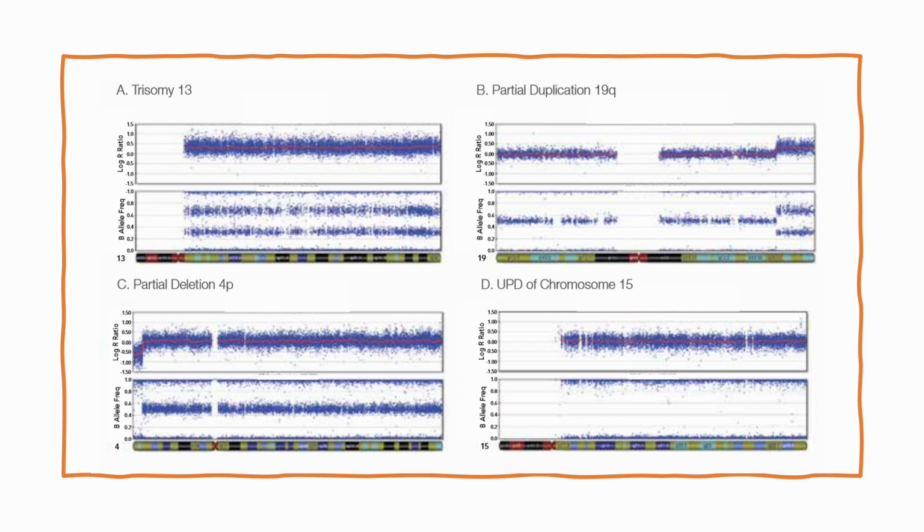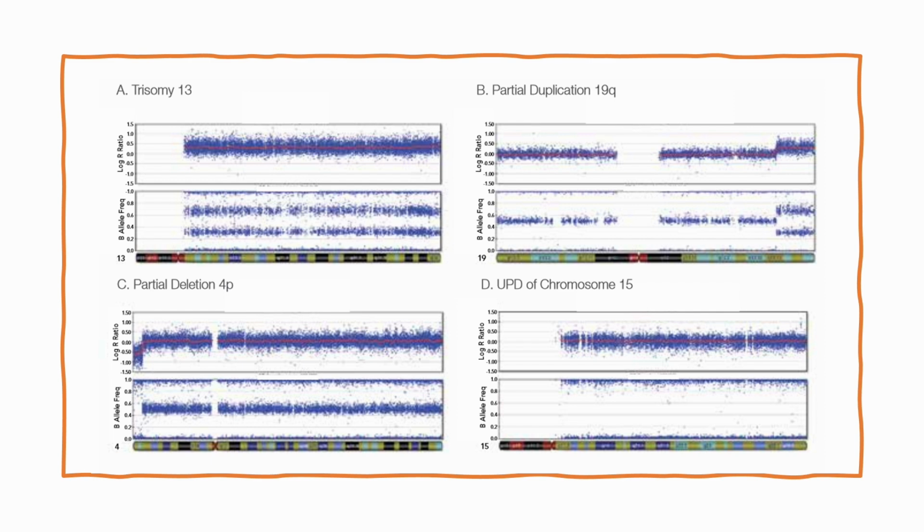Instead of a clean split into thirds, the pattern reflects some regions that remain heterozygous, while others are homozygous due to the extra chromosome. The log-R ratio shifts upward, indicating the increased DNA content. In the partial duplication of 19q plot, the 2 distinct lines near the end of the Q arm in the allele frequency graph suggest the presence of an extra copy of this region. In the log-R ratio plot, the elevated signal in that same region reflects the increased DNA quantity, further confirming the